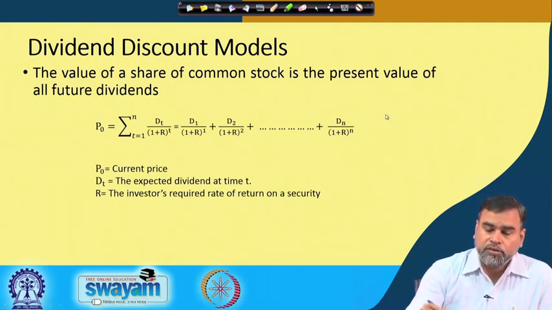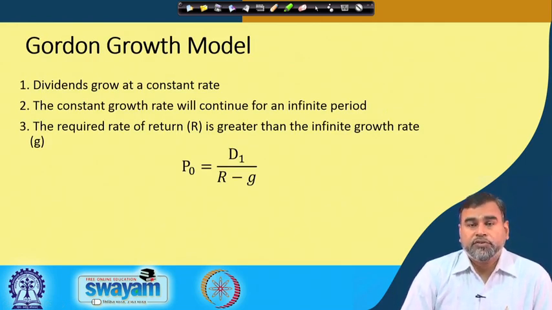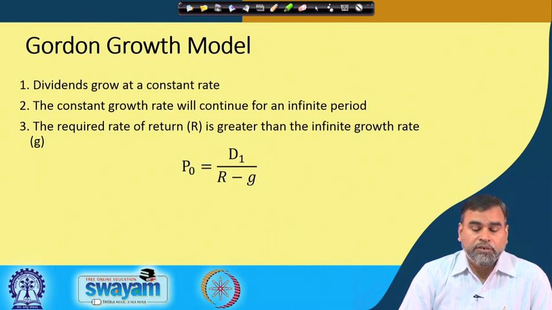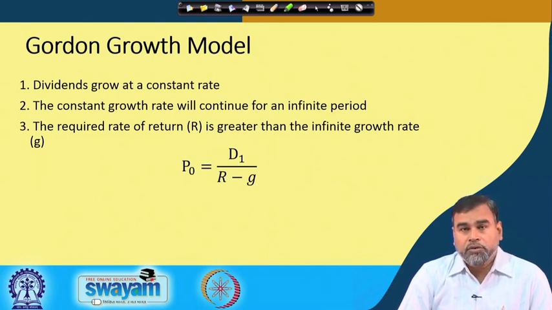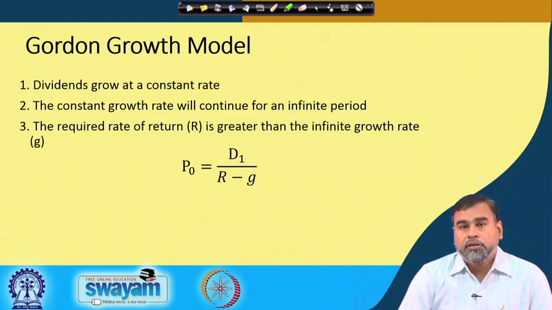Then there are certain things related to this. One is the different ways the valuation is done. Take certain assumptions: let the dividend be growing at a constant rate, so the growth of the dividend is not changing, and this growth will continue for an indefinite period of time. There is no specific period mentioned up to which this growth rate will hold; it continues indefinitely. Another assumption we are taking is that the dividend growth rate is less than the cost of equity.